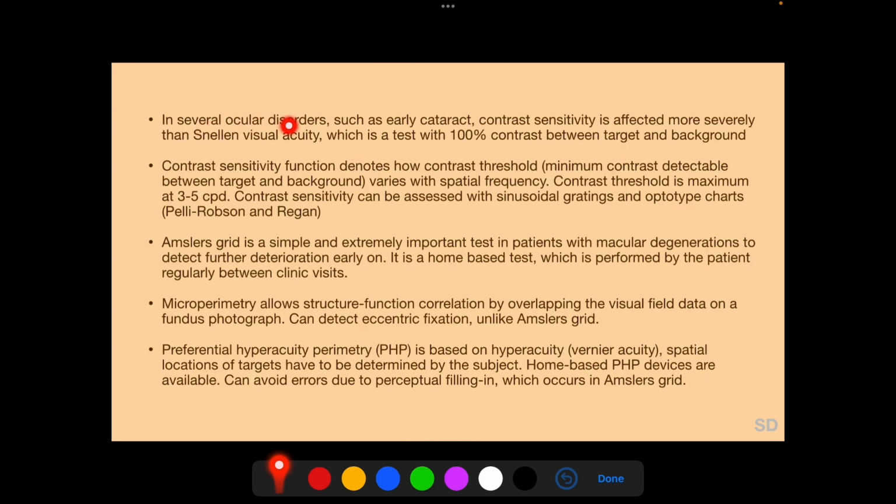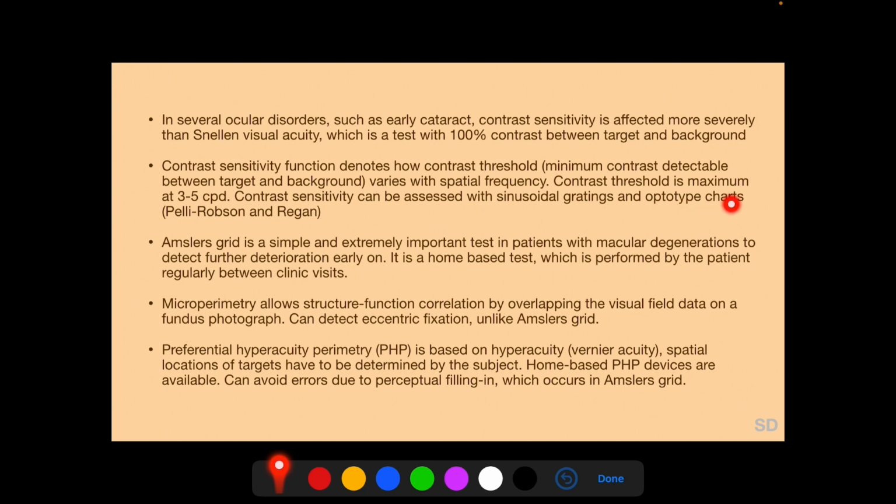In several ocular disorders, such as early cataract, contrast sensitivity is affected more severely than Snellen visual acuity, as Snellen visual acuity is a test with 100% contrast between the target and its background. Contrast sensitivity function denotes how contrast threshold, which is the minimum contrast detectable between target and background, varies with spatial frequency. Contrast threshold is minimum at 3 to 5 cycles per degree,